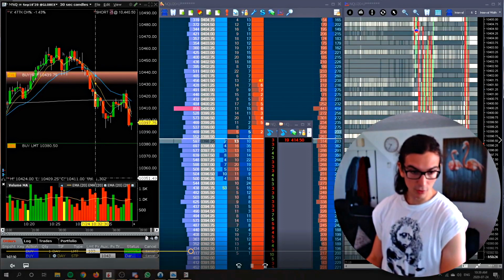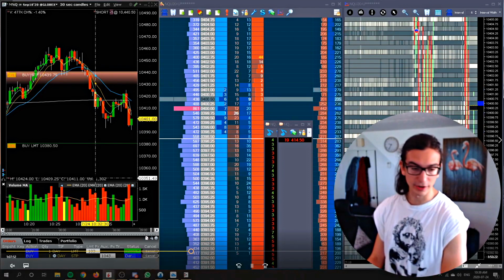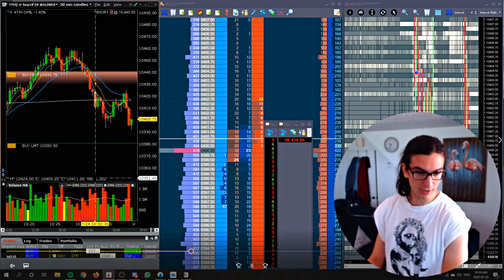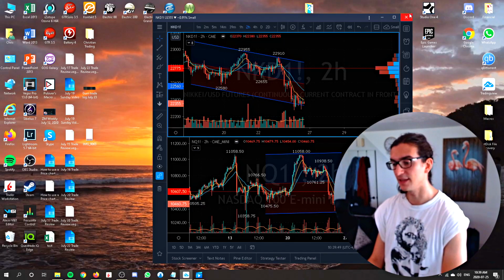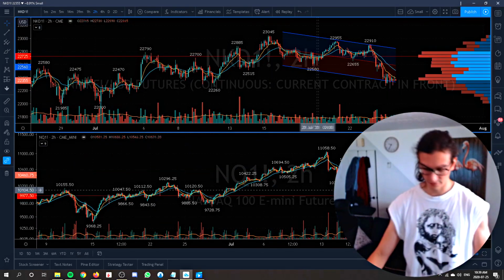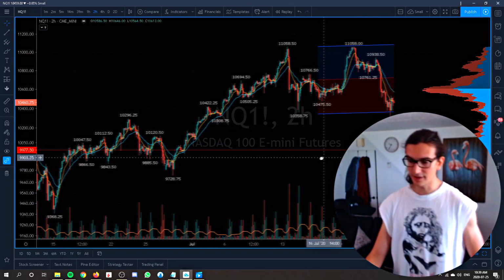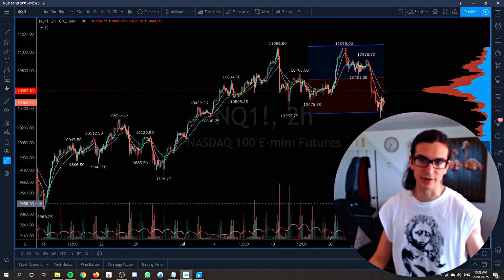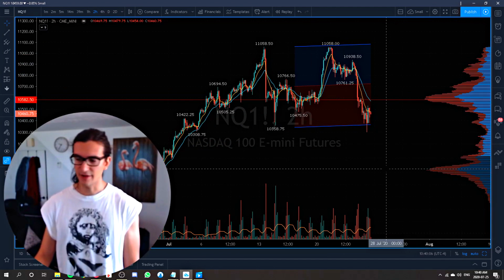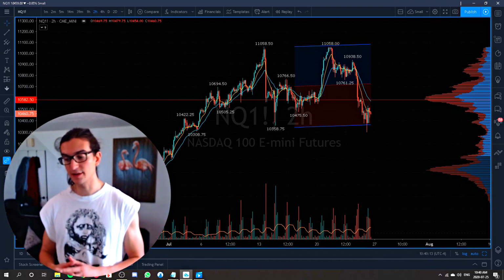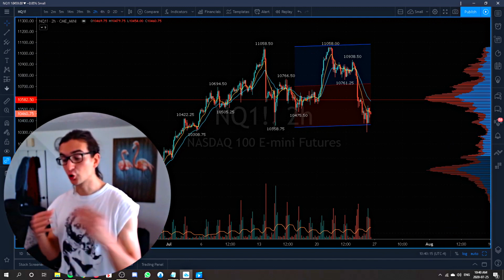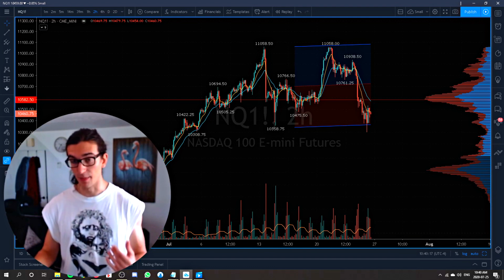Anyhow, the next point I'm going to go over is regarding the volume profile of the market. Generally, something I learned recently about the volume profile is that you have to use it in a way where you're identifying the extreme points of the market you're trading. Looking at the NASDAQ futures here, this is a 2-hour chart, for example. What I learned recently is that you need to pay attention to how the price is reacting at the extreme points of the profile, and this applies to multiple